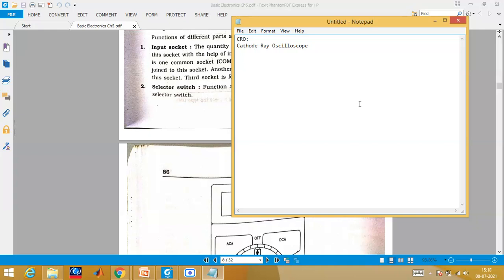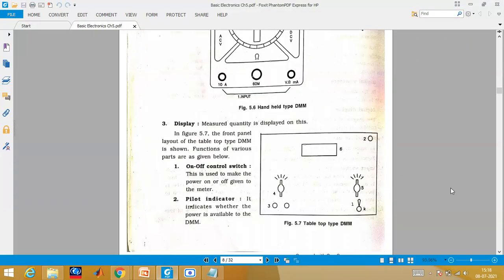So in various applications, like signals which you have to monitor in a telephone exchange, or a TV signal whether it's working properly or not, or a function generator where you want to analyze the waveform, what is the time period, what is the frequency, everything you can monitor. For all these applications we require a typical device known as cathode ray oscilloscope. So this is the basic introduction of it.